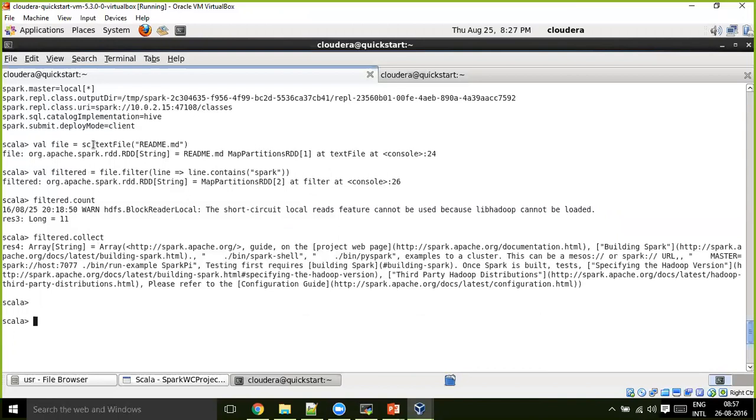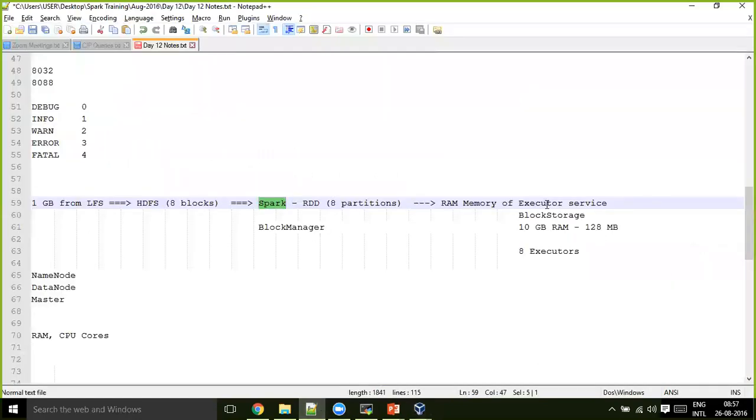And in this Spark context object, it will have the block manager, and it provides the instructions to the block storers on the executors: hey, slave, store this partition into your RAM memory. So the driver is instructing all the executor services, 8 different worker nodes, to load those 128 MB partitions into their RAM memory.